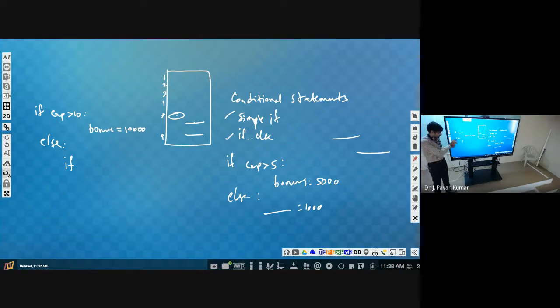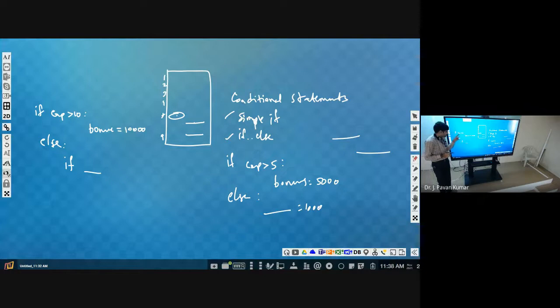Here, what is the condition to put? When will this condition be checked? If the first one is false, then it will come to else, and then it will check this condition.